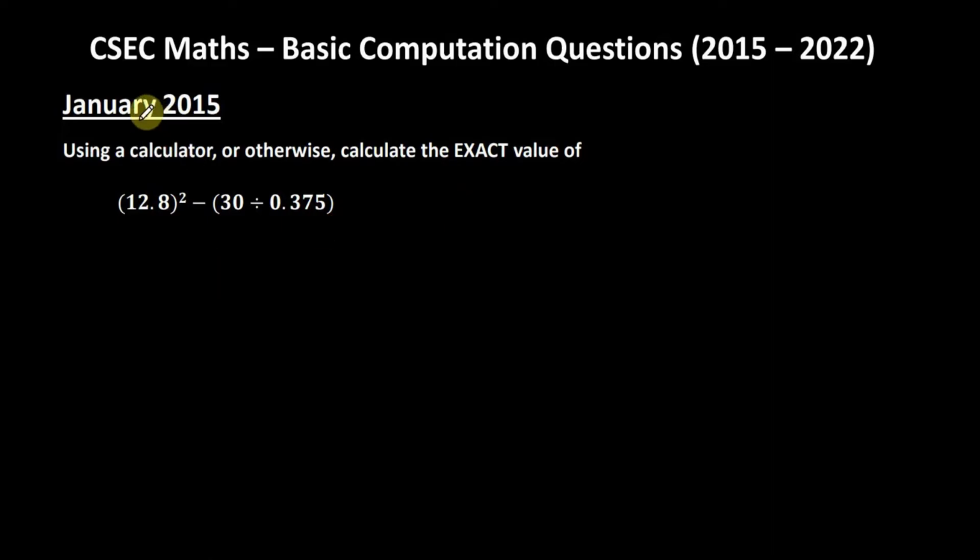Now the first question that we'll be looking at in this video was taken from the January 2015 paper, and it goes like this: using a calculator or otherwise calculate the exact value of 12.8 squared minus (30 divided by 0.375). Now they did say using a calculator or otherwise, and for these questions they don't usually